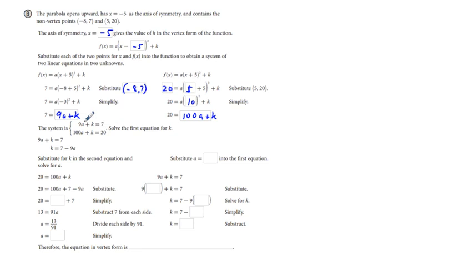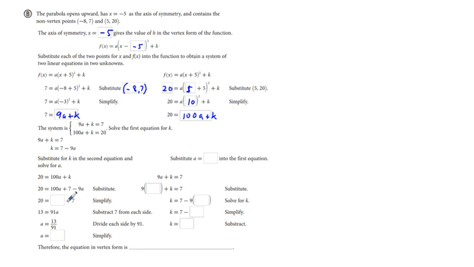And this is what we have here. Solve the first equation for k. So this first one, we subtract 9a, so k in the second equation is solved for a. So I'm going to put that second in. Now we'll just go ahead and solve for a. And we have, just working below here,